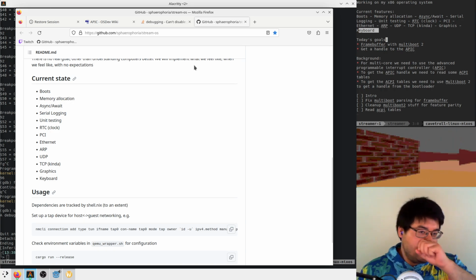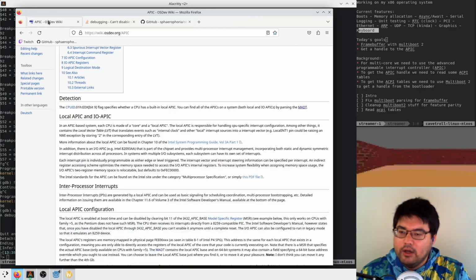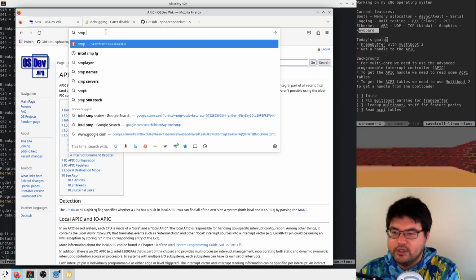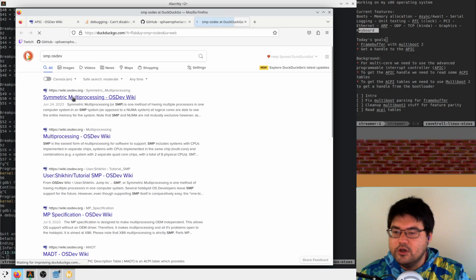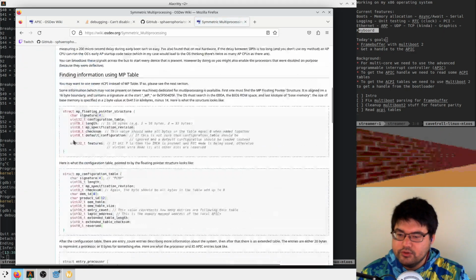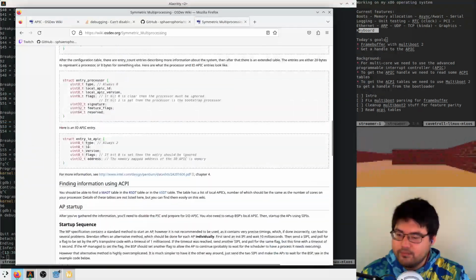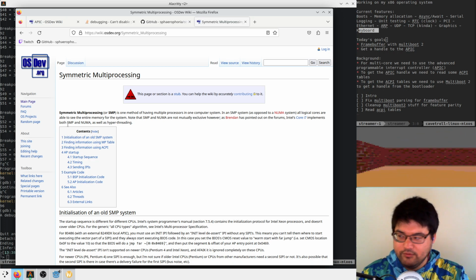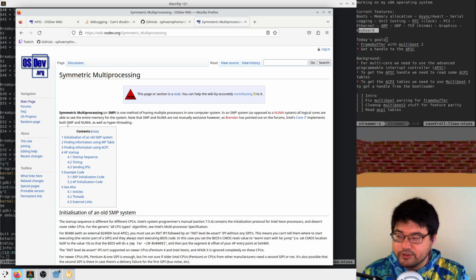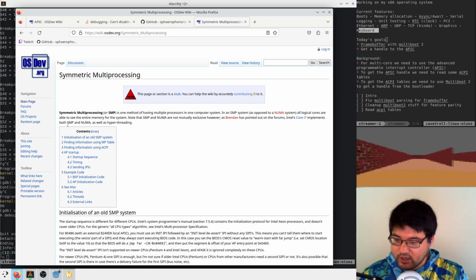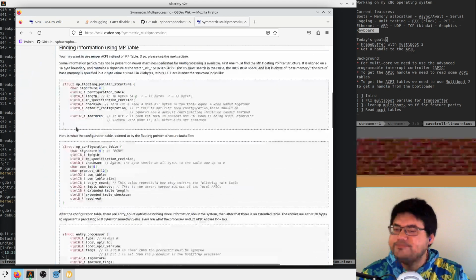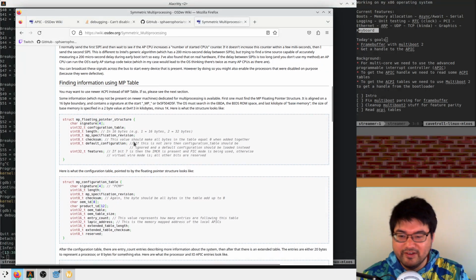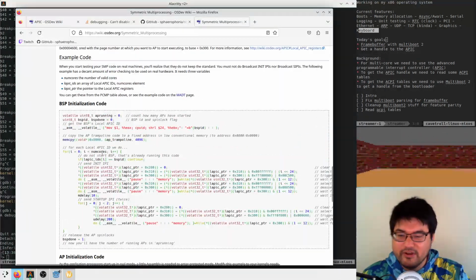So where we are working right now is, okay, let's see, symmetric multiprocessing, OSDev. In order to boot a symmetric multiprocessing system, which I think is just the fancy word for all cores do similar amounts of work, they're all similar strength, they have the same memory space. Maybe that's not part of the symmetric multiprocessing definition, but that's my understanding, at least of my setup.